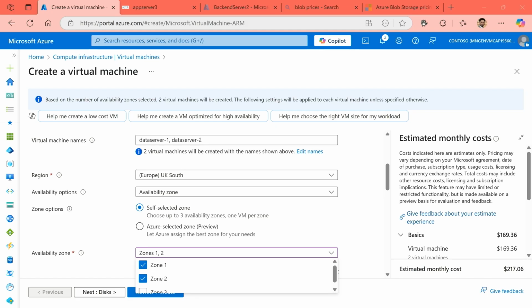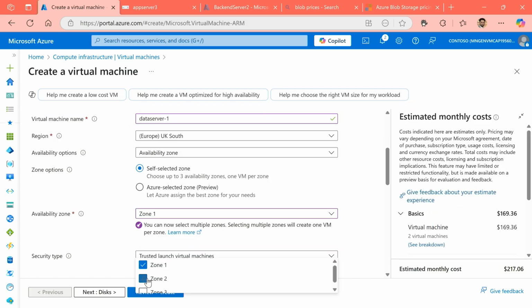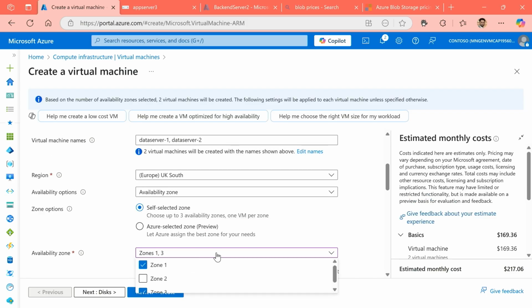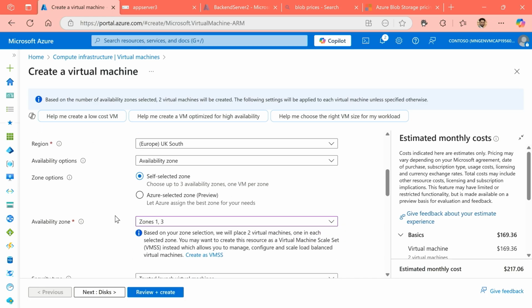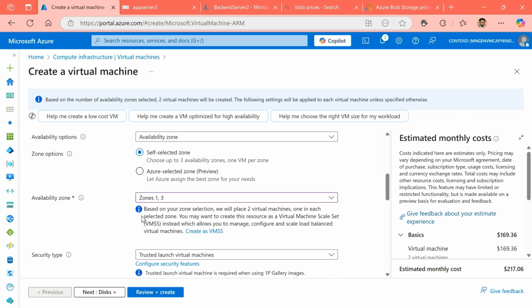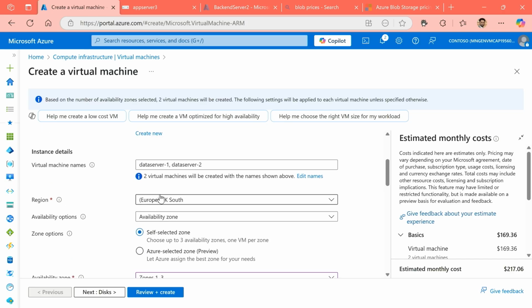Right, as you can see on the screen, that is giving me an option now to create 2 different virtual machines that it will be creating simply because I've chosen 2 zones. That means it'll place 1 resource in each zone for me. Now, I can choose to say, drop me a resource in zone 1, drop me a resource in zone 3. Again, it'll create me 2 resources in this scenario, or I can choose all 3 zones and create 3 different resources. Now, this is how you can configure a resource in zones, and this is your availability zones solution.